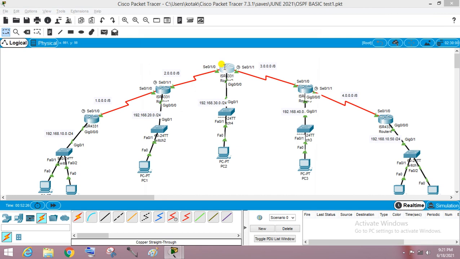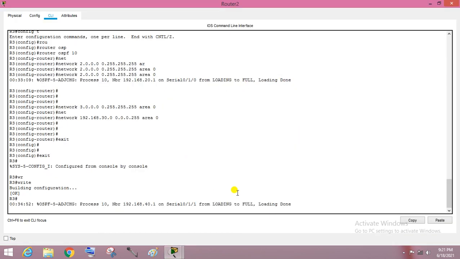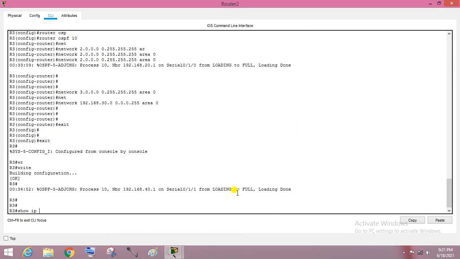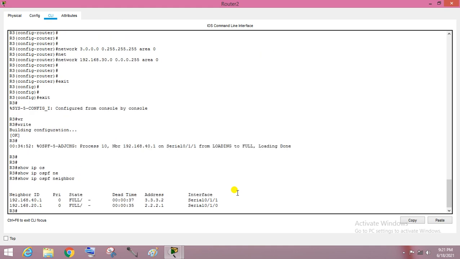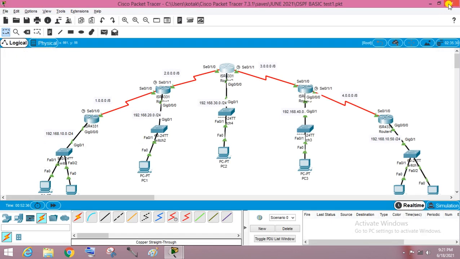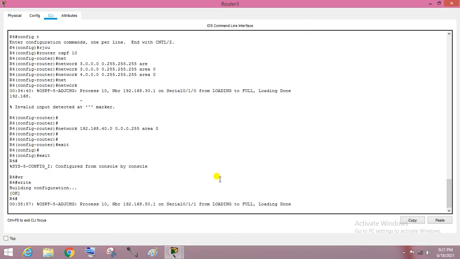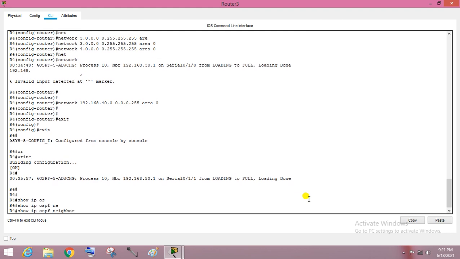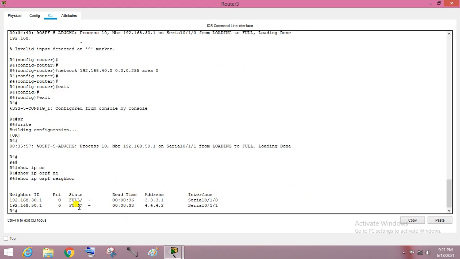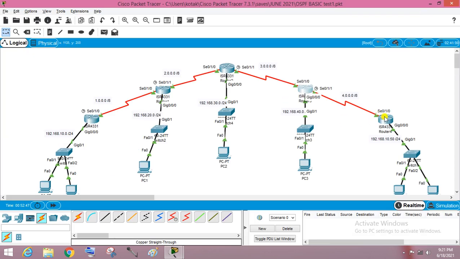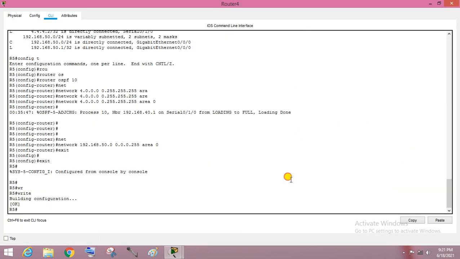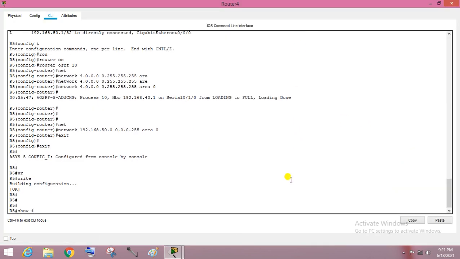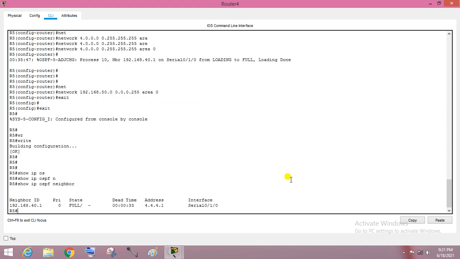Go to another router of this area 0. So show ip ospf neighbor, you can check the state is full, which means the neighborship is okay. Go to this router, check the neighborship. So show ip ospf neighbor, yeah, it is full, which means everything is fine. Now this router, show ip ospf neighbor, yes, you can check on each router the state is